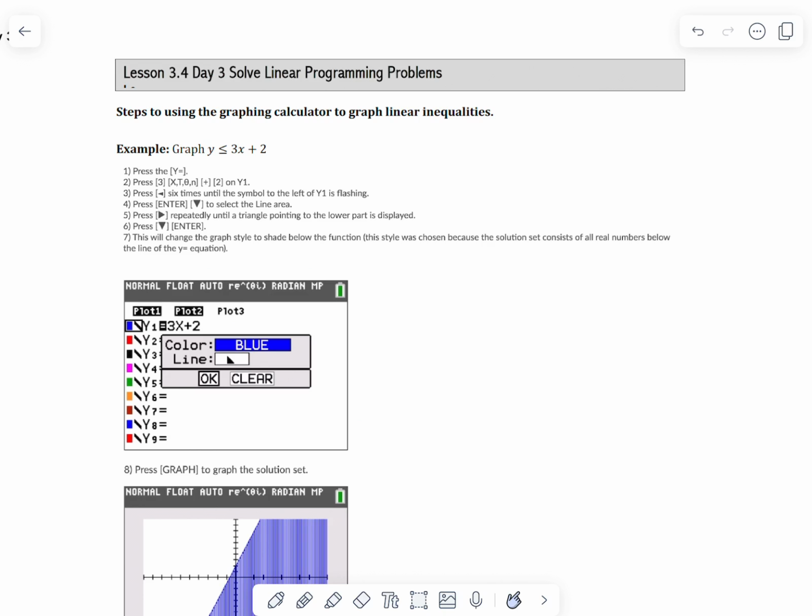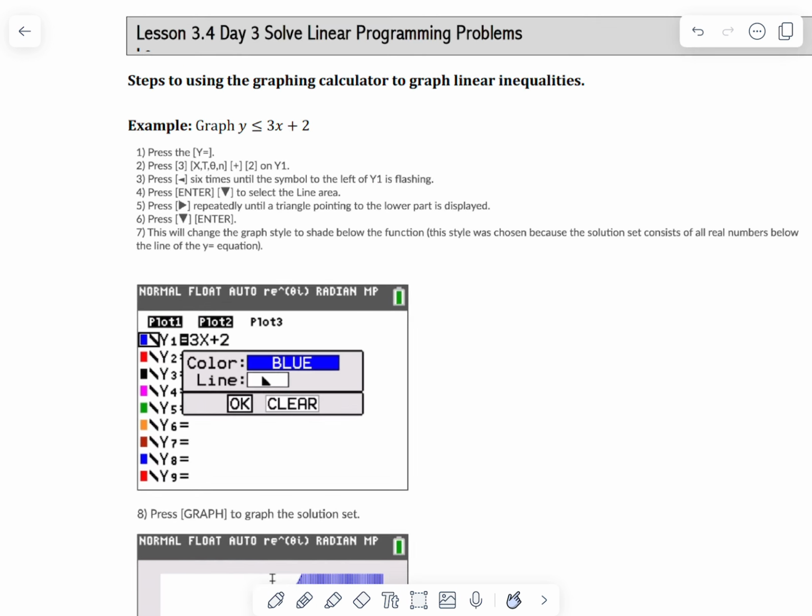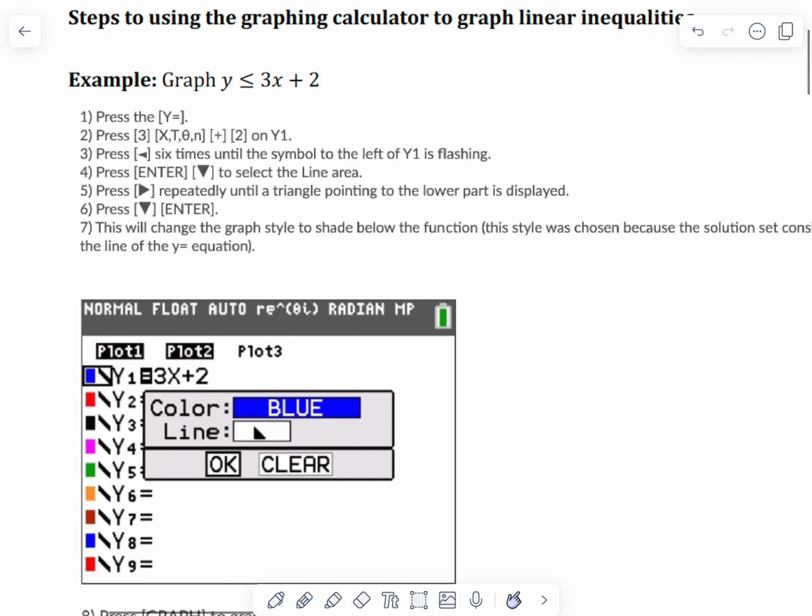All right, this is the continuation of linear programming problems. The example on this page says we want you to graph y is less than or equal to 3x plus 2. So this screen shows the steps with the graphing calculator that you can use to graph that inequality. Look at number 1, you press the y equals button. Number 2, you're going to choose number 3,